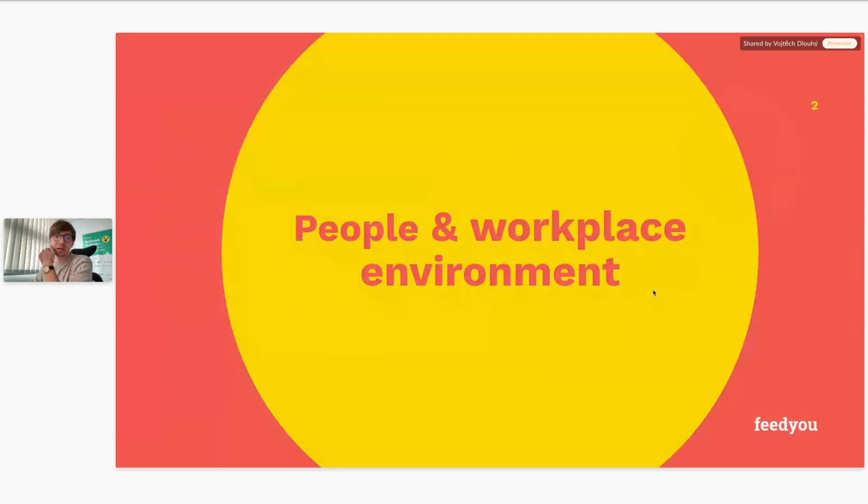People and working environment. The implementation of functional AI is dependent on several factors. The first factor is this one: people and working environment, which determines where and how we use AI. Why?